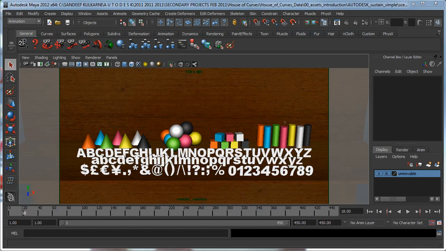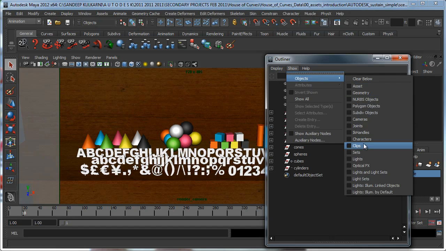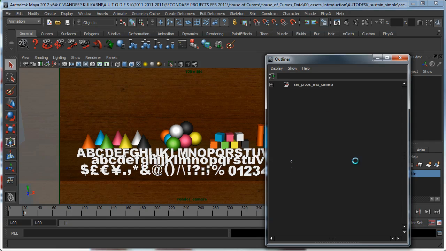So let's take a look at our lighting setup for the scene and also our cameras that are being used in the scene. So with my scene open, I'm going to go to Window, Outliner. And instead of going through all these groups and looking for my lights, I can go to Show, Objects, and say, just show me the lights. So you can see that all the other groups are gone now, except for one group, Sets, Props, and